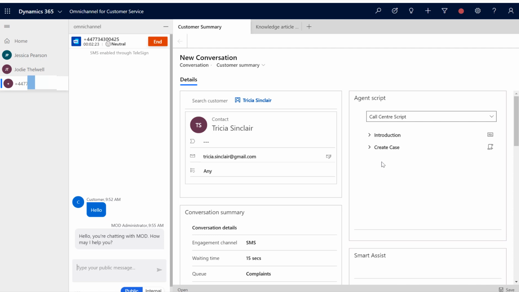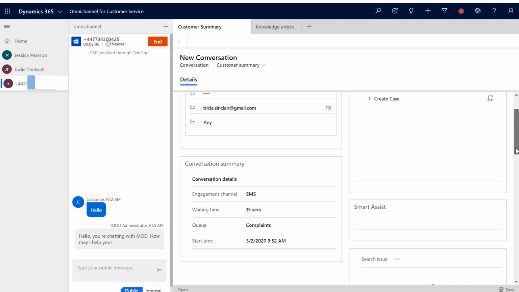But really what this is showing is that irrespective of the channel that the conversation is initiated from, the experience for the agent can be the same, and this will reduce the amount of time that's needed to train an agent. We can also have, for example, Smart Assist that will also work with SMS as well.